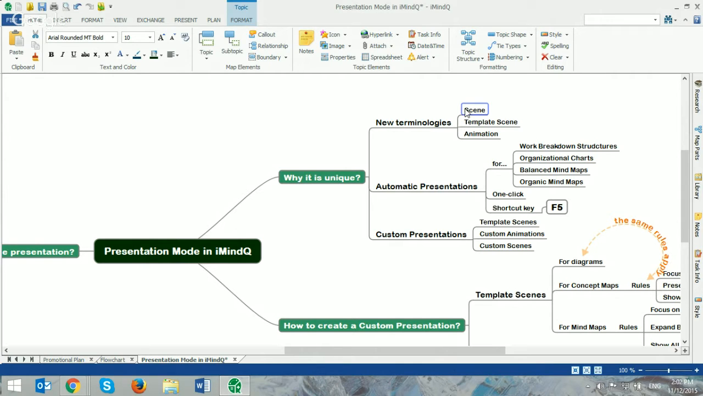What's a template scene? We use template scenes when we would like to help the user to create animations to topics for scenes in as little time as possible. And as you all know, animation is used in almost every presentation mode or any presentation application. Animation to text, animation to topics, but in our presentation mode, those animations refer to animation to topics. To continue,